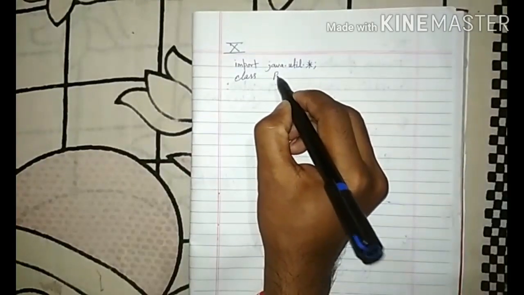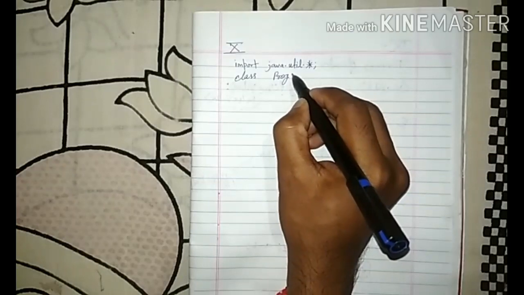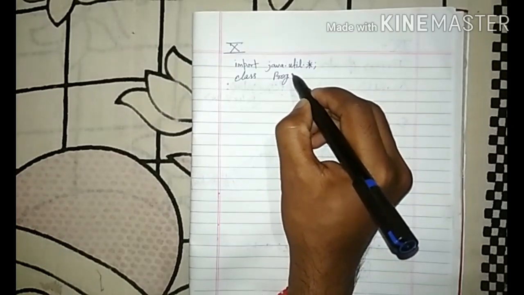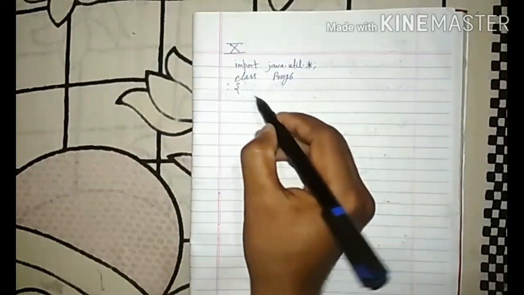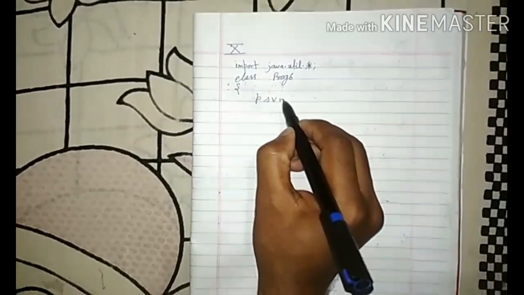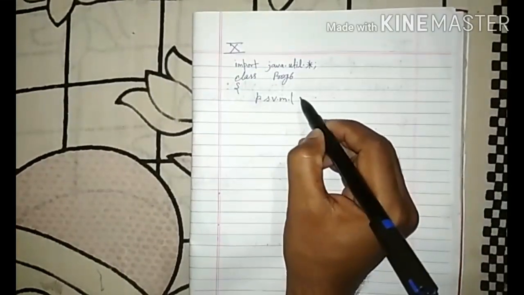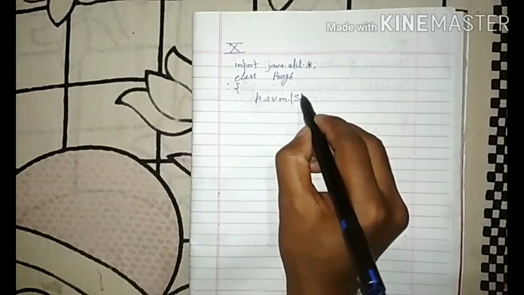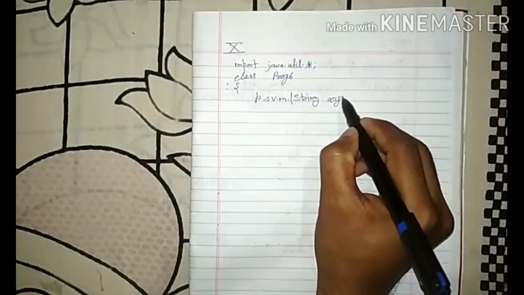Suppose I am writing the name of the class is proc. I think this is the 6th program, so I am writing proc6. Curly bracket open, then PSVM, this PSVM means public static void main(String args),